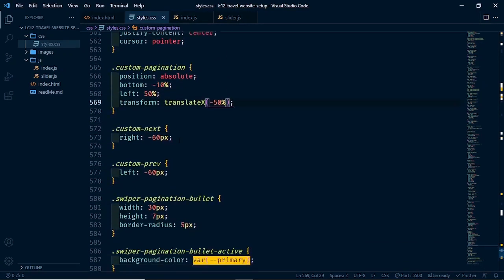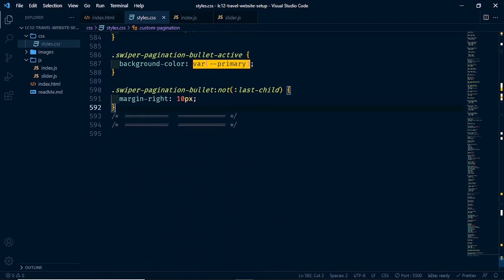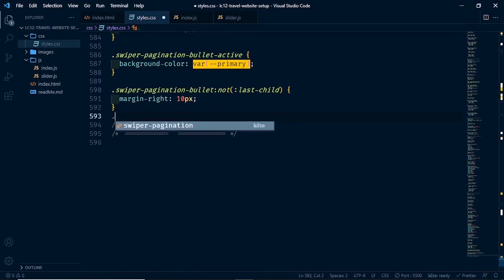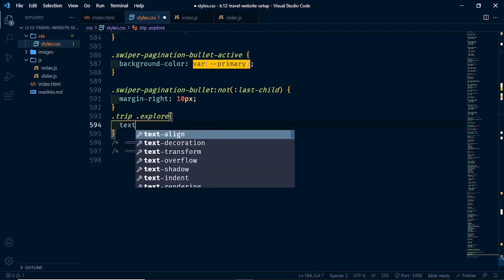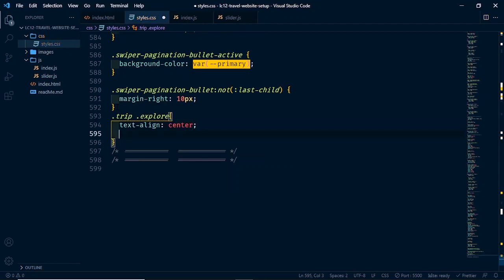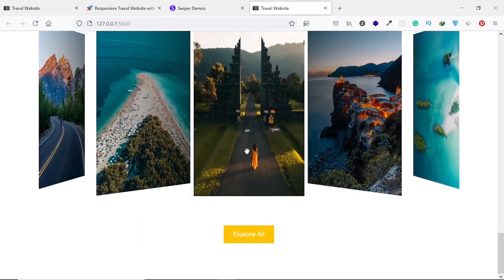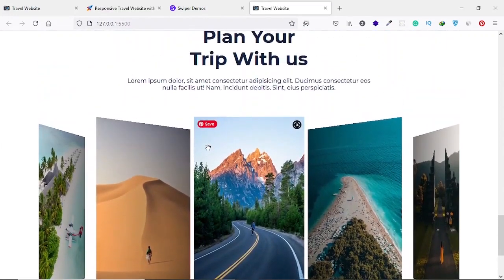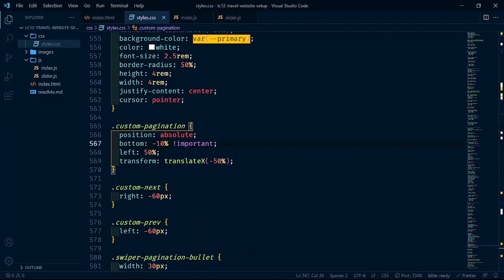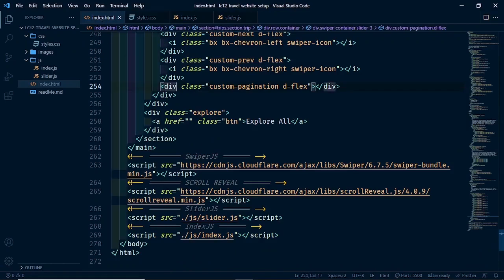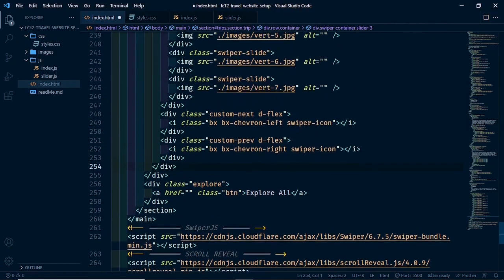But before that, let's get our explore button. So trip, and we want the explore. Let's give it text align of center, then margin top should be 8 rem. Let's go back and see. All right, we have that one nicely placed, but the button from the, let me see,